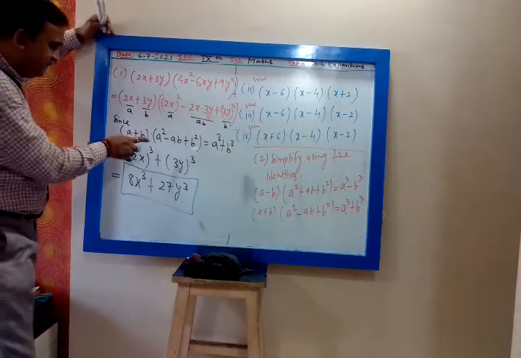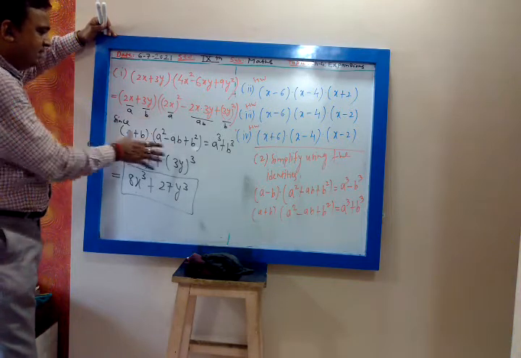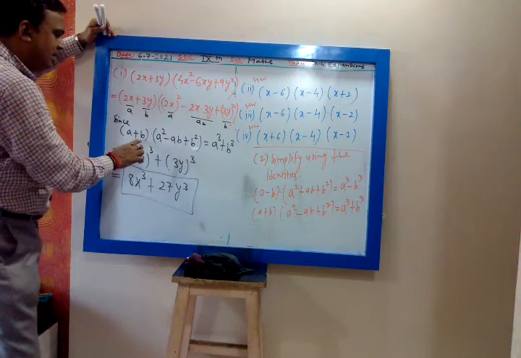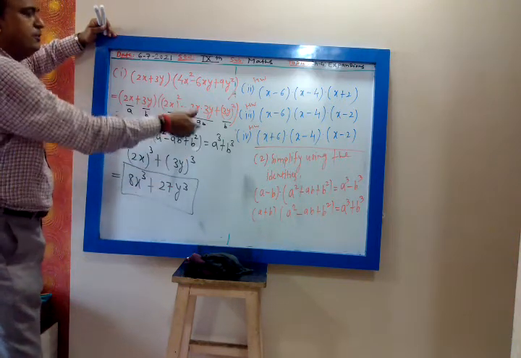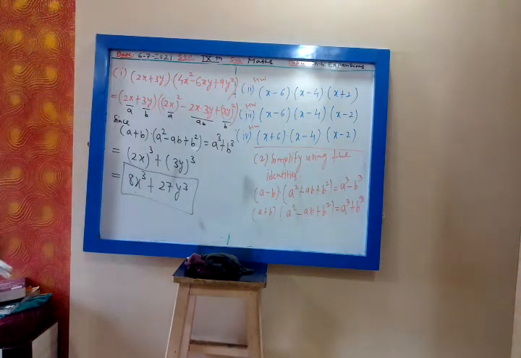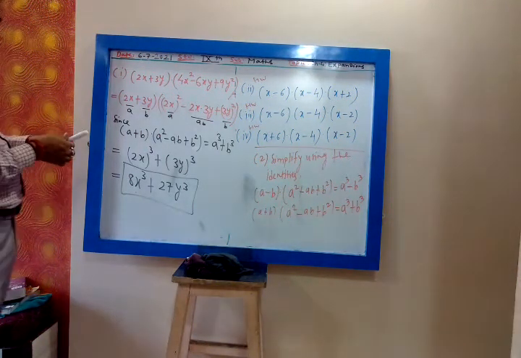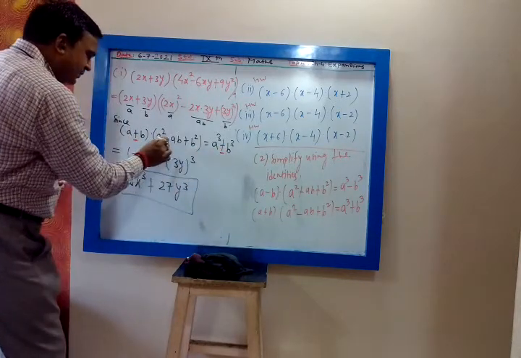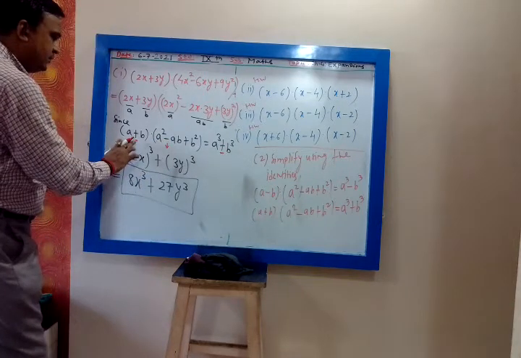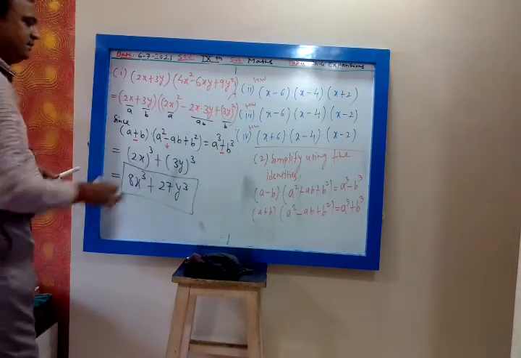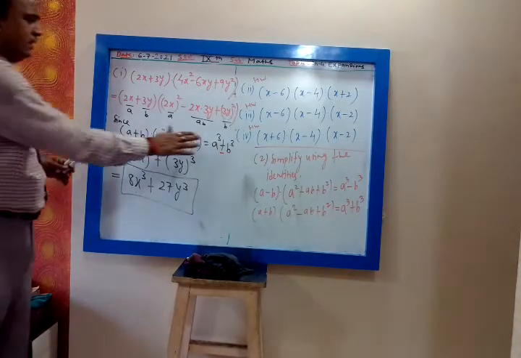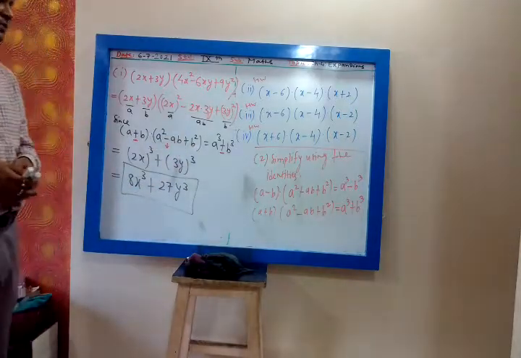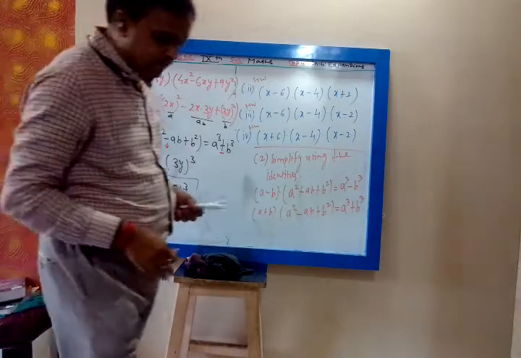See, there it is a. When you open the bracket, you forget about a cube plus b cube. You open the bracket, you multiply a to the entire bracket, you multiply b to the entire bracket, and at the end you will get a cube plus b cube. So how will you remember this formula? If it is plus, then it is plus, and in between we have minus. So plus, minus, plus. Forget about a cube plus b cube. Simplify this, open this bracket, you will get at the end a cube plus b cube. Okay, understood?